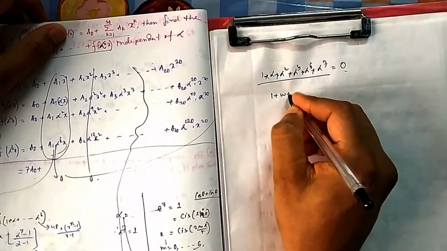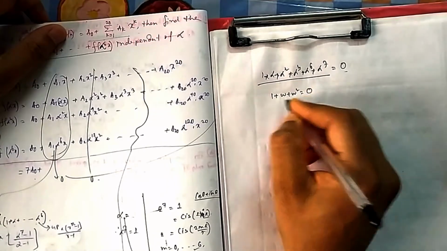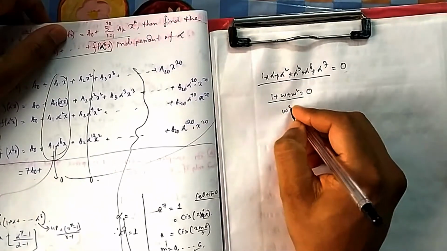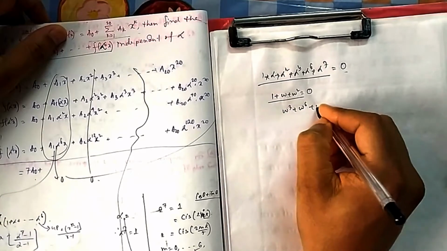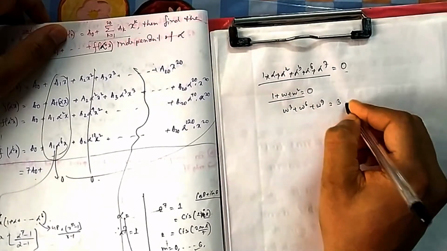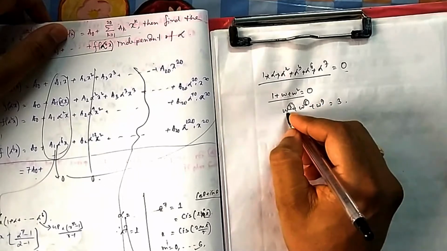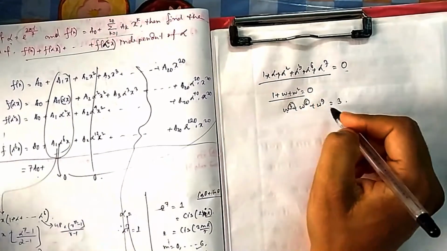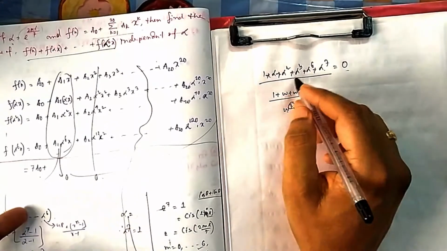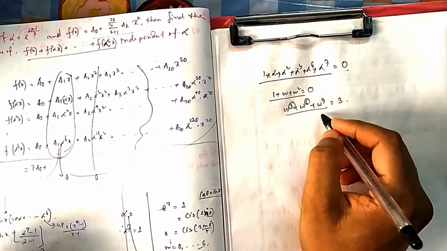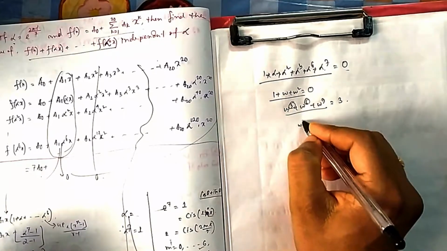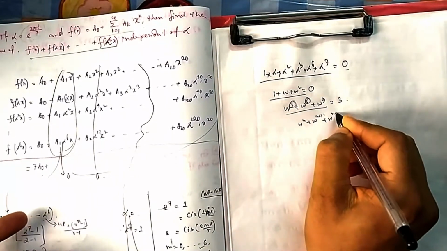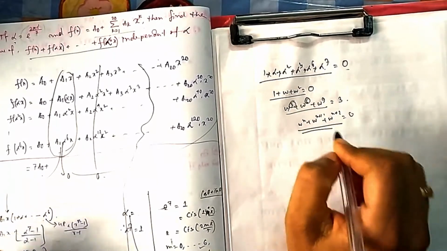Suppose 1 plus omega plus omega square, that is always 0 because of cube roots of unity. But if you add 1, omega cubed, omega 6, omega 9, then this is 3 because all are multiples of 3 and omega cube is 1. So if you add all the multiples of 7, then it will not be 0. Otherwise, if they are serial numbers, you have seen omega n plus omega n plus 1 plus omega n plus 2 is always 0. Any three consecutive powers of omega sum to 0.